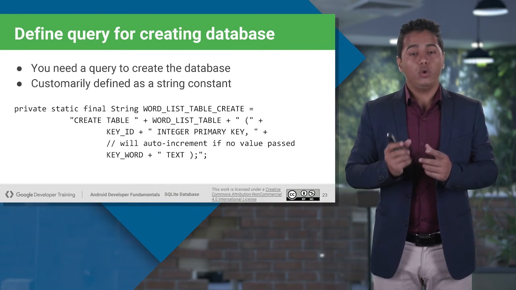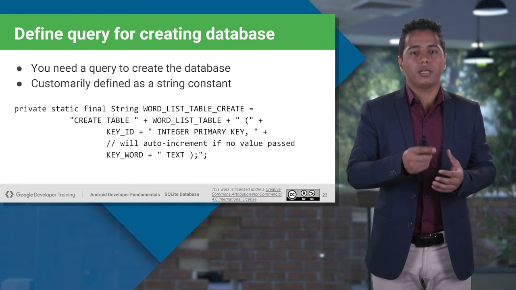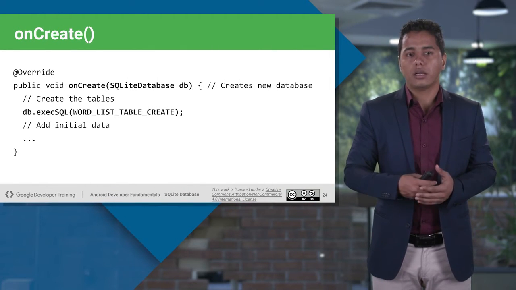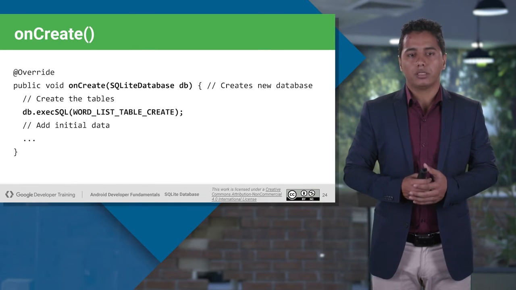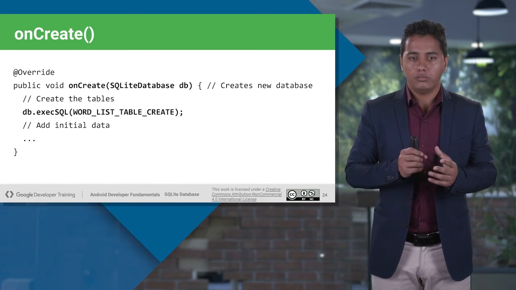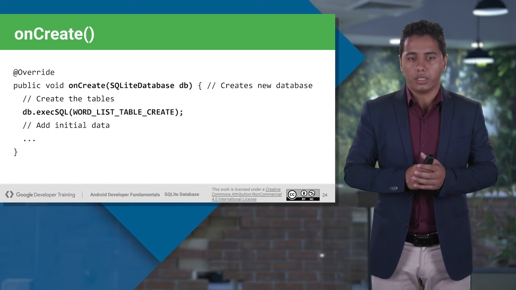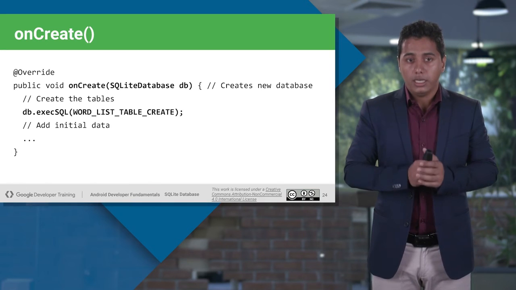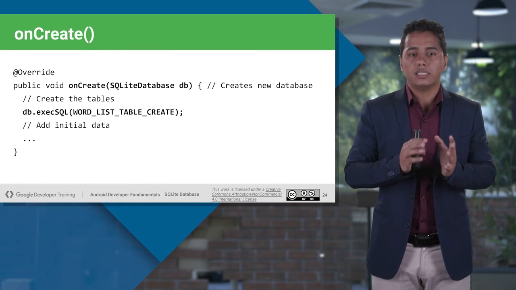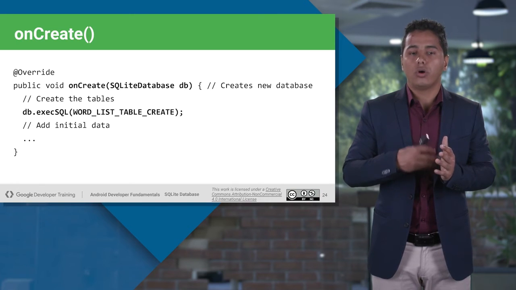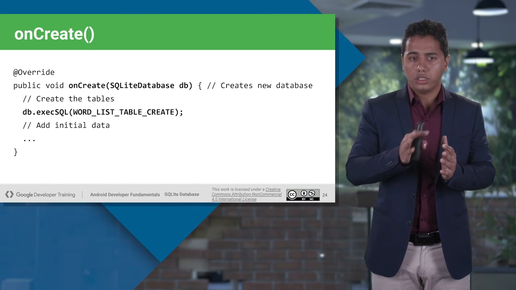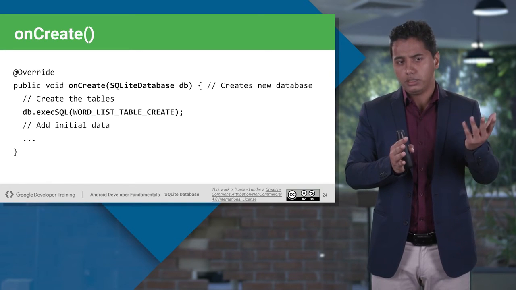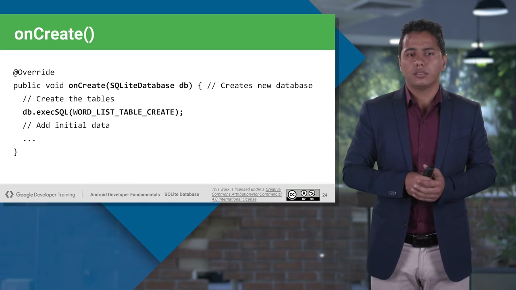And then that query you have to execute inside the callback method onCreate, which you have to override once you extend a class with the SQLiteOpenHelper class. So that query you have to execute inside the onCreate. Either you can execute it directly, you can put the whole query directly inside db.execSQL. execSQL is the method which will be used to execute all your DML queries. So this is where you will be, either you can directly put the query here, or you can put the query at the top and then use it as a string variable here.